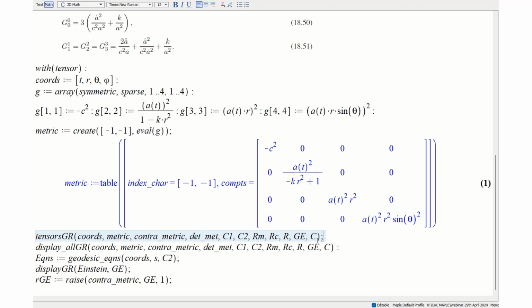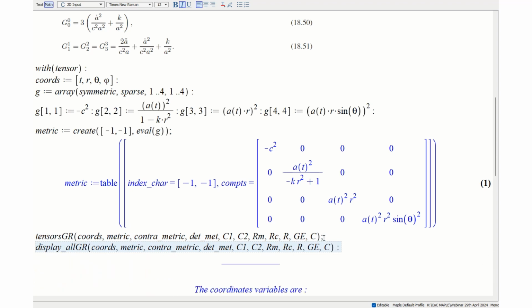I think it is taking trouble to run now. So yes, it has displayed